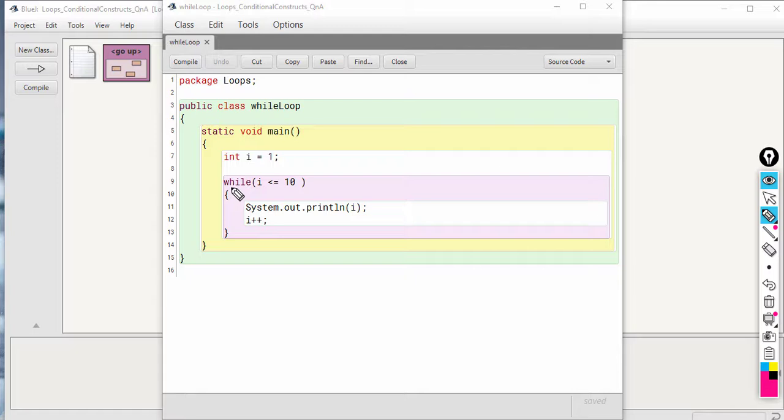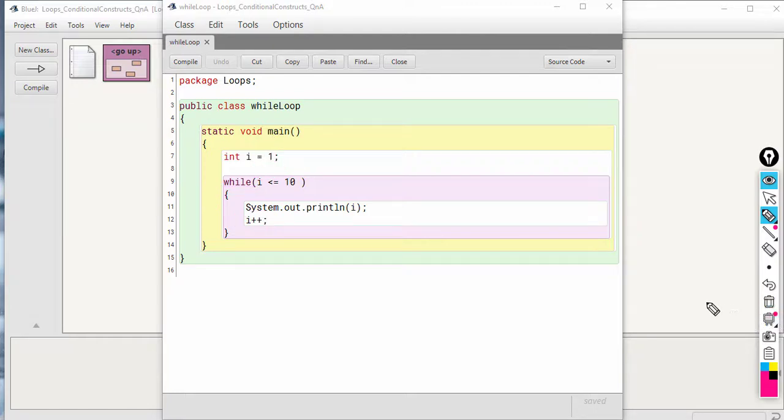And the syntax is like this: first you write the while keyword, then open a pair of parentheses, and inside the parenthesis you will have the condition, okay? And then of course you will have the curly brackets to denote the loop body, and inside the loop body you have the update statement, okay?